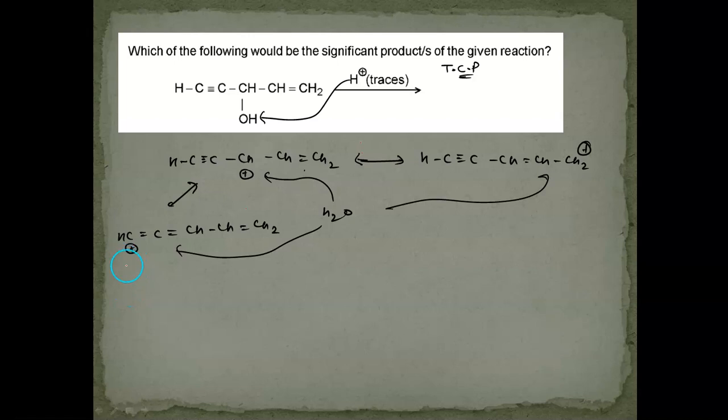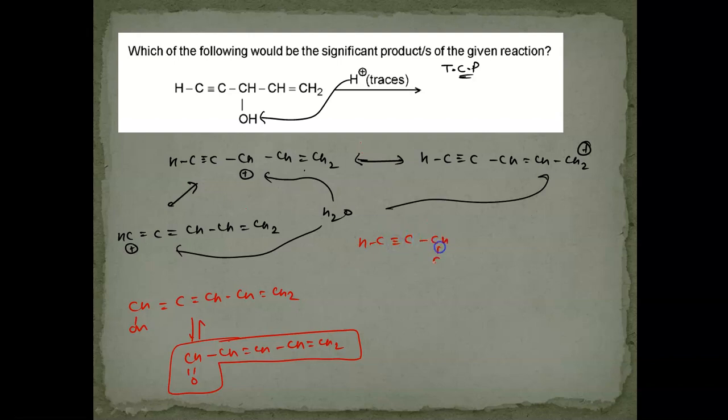In the first one, this is CH OH double bond carbon double bond CH CH double bond CH2. The enol will convert to the keto form, CH double bond O. It is a case of extended conjugation, and therefore the most stable. So this would be the major product. In the remaining, we can see that this tautomerism is not possible, and we have these as the products. If you compare the stability, this one is the most stable, and hence this would be formed as the major product.